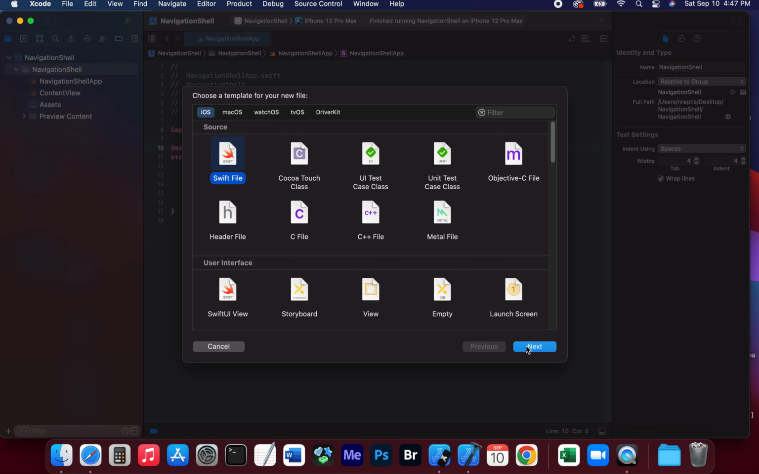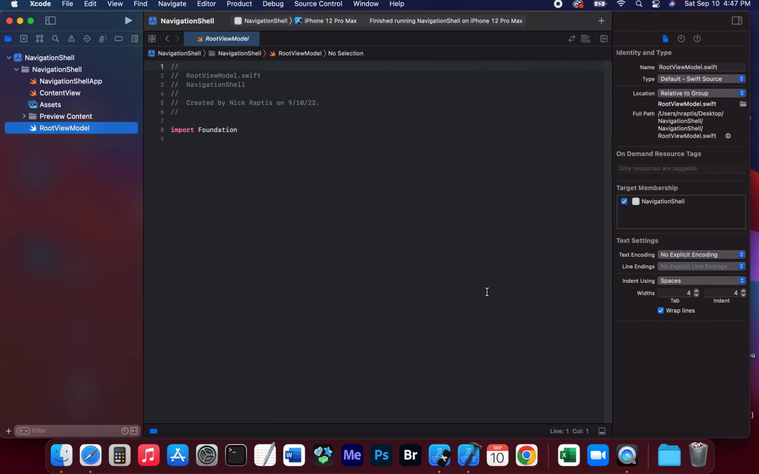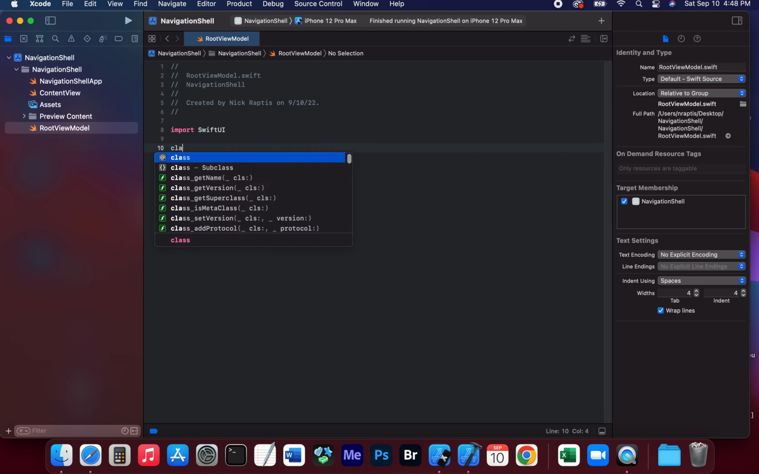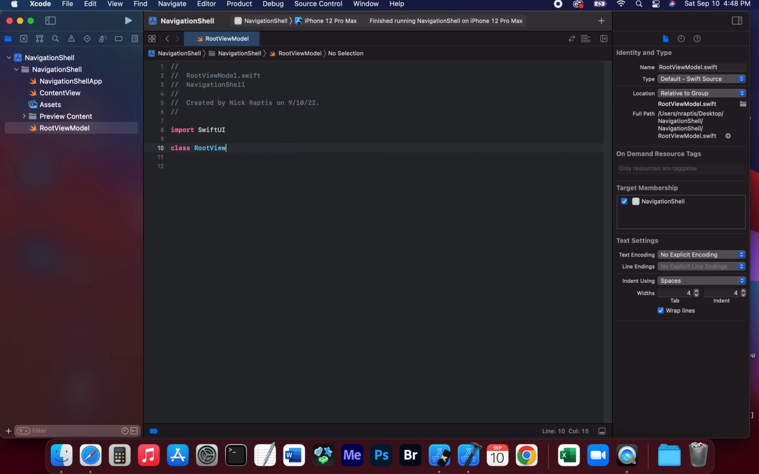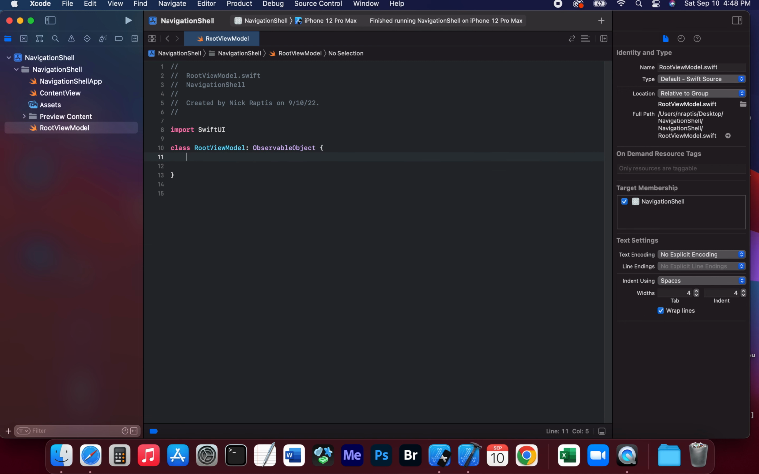So file, new Swift file, and this is going to be root view model. And following the rules of SwiftUI, the root view model, the view model always uses SwiftUI, and it is always a class, and it is always an observable object. There's the emojis that I copied. I'm going to be using those in a second. So root view model